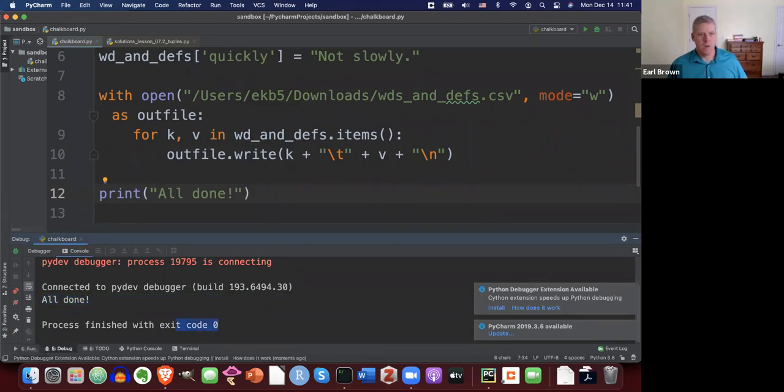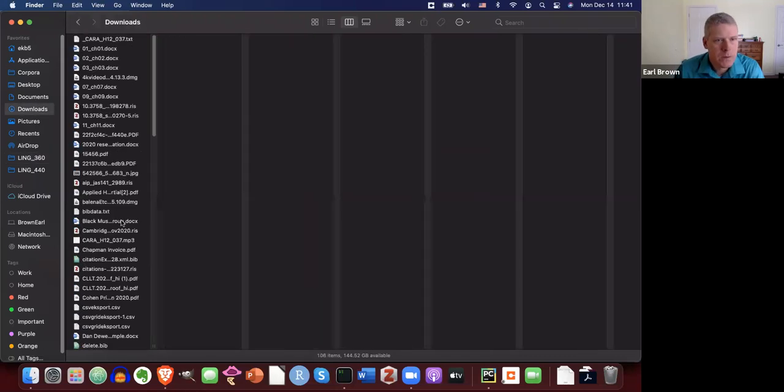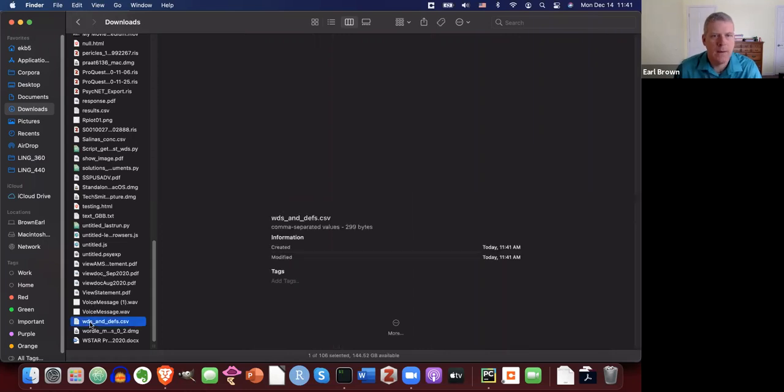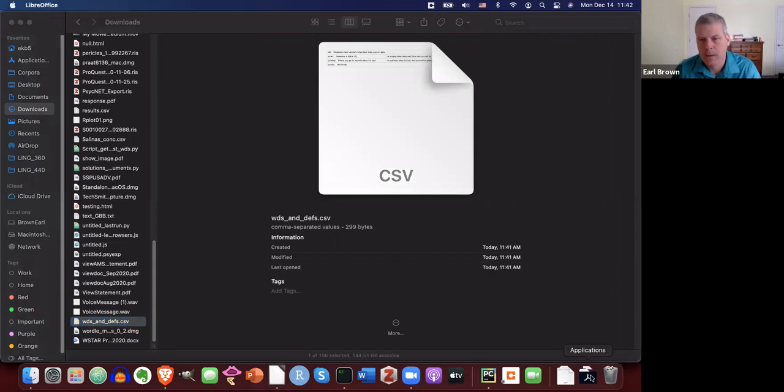Terrific. So if I go over to my downloads directory, I should have a words and defs.csv file now. Let me jump to my downloads. And there it is, words and defs. Let me just double click on it. It's going to open it up. Where is it going to open it up? Actually, let me open up Excel